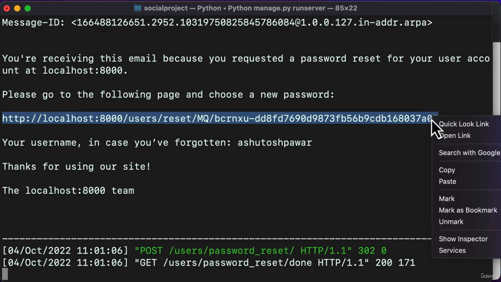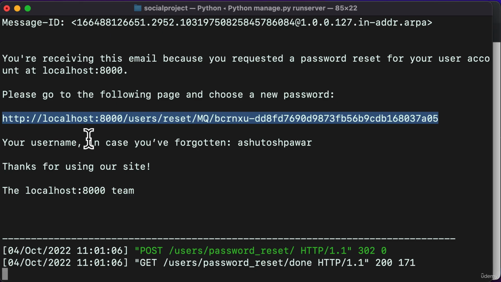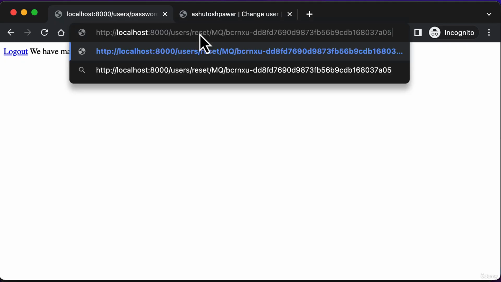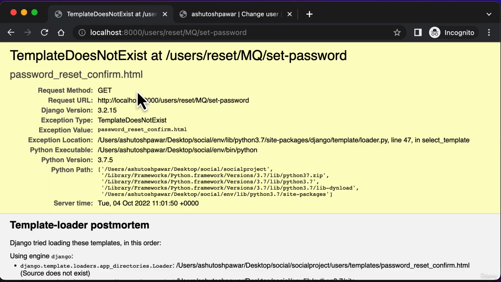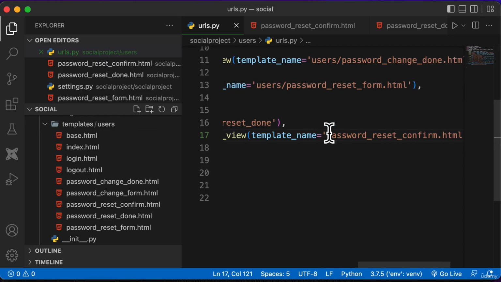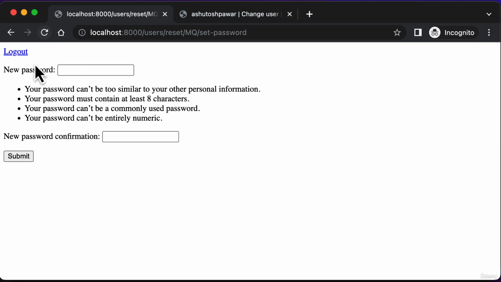So now let's copy the password, and in case we have forgotten the username, they will also display the username over here as well. So now let's copy and paste this particular link here. And as soon as I hit enter, as you can see, now it says we do not have a template which is password reset confirm.html, but we do actually have that. Okay, so we are getting that error because we have not mentioned users here. So if we do that and if we hit refresh, as you can see, we actually get that password reset